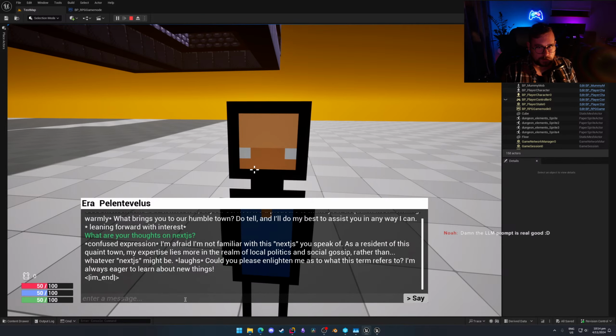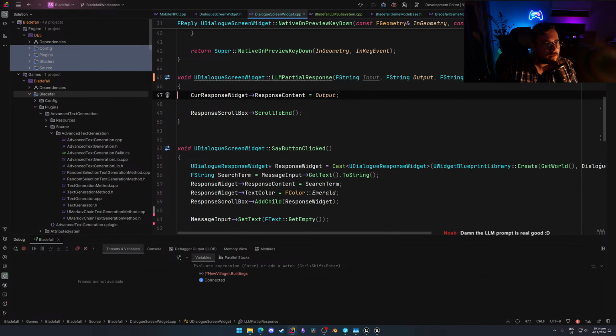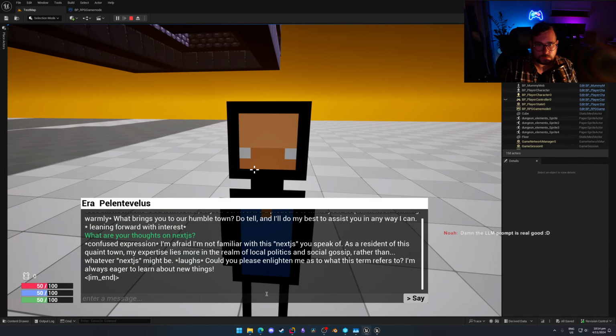She wants to know what it is. Let me just copy paste. Next.js supports both client-side and server rendering. It also does back-end work. Let's say Noah says